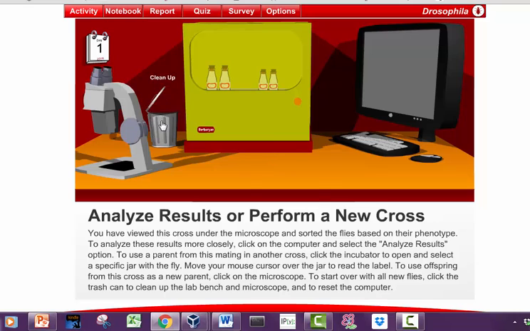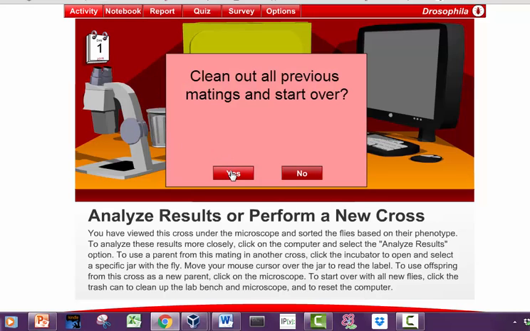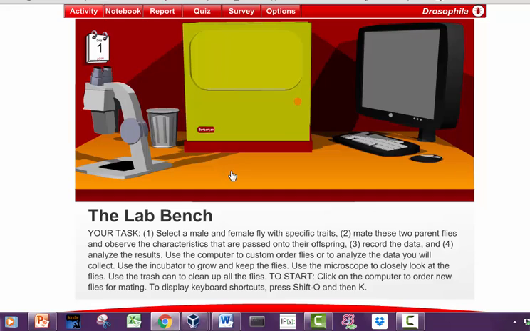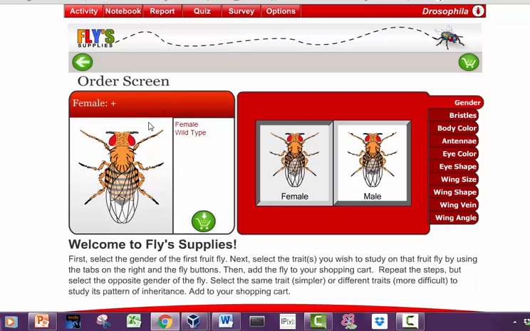Now, but I want to do one more thing. I keep talking about how there's no crossing over in males. And so then that gives you different kinds of results. So let's do the same cross. We will go to the computer, order some flies, get a wild type female,